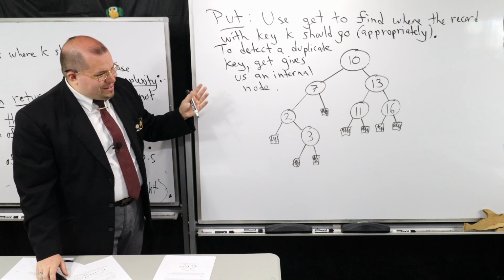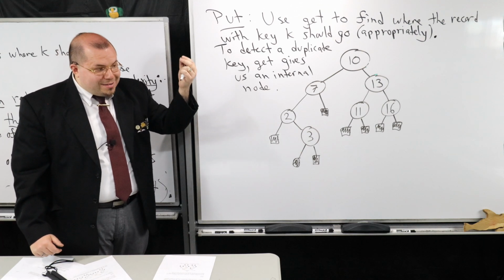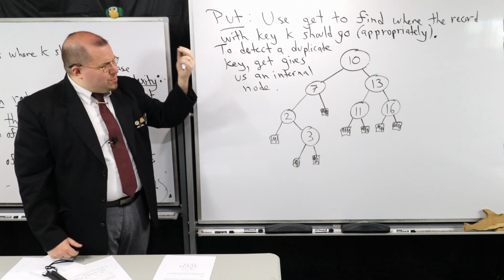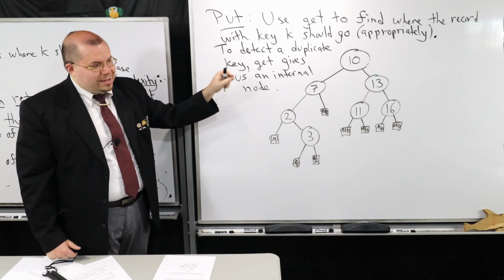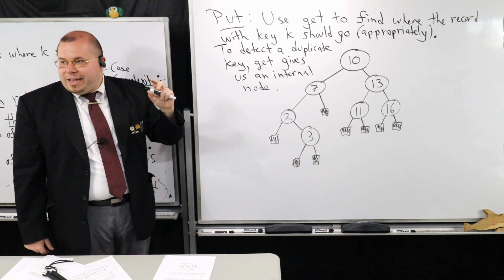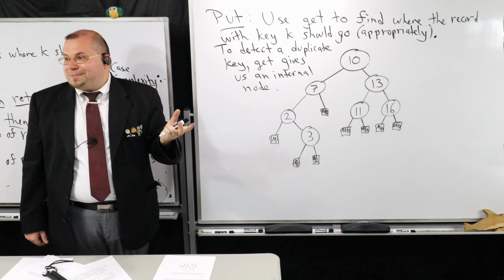So what we're going to do is when we do our insertion, we're going to make sure that we still maintain the structure of a binary search tree. But remember, as a consequence of this, are we going to do our insertions at internal nodes or at leaf nodes? So which one? We know that if we get an internal node, we got a duplicate. So what does that mean?